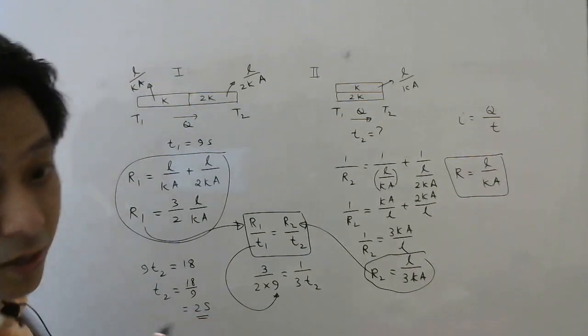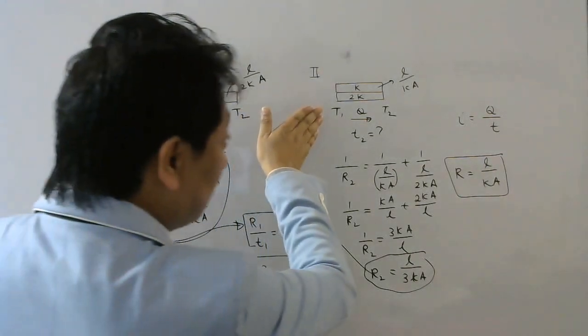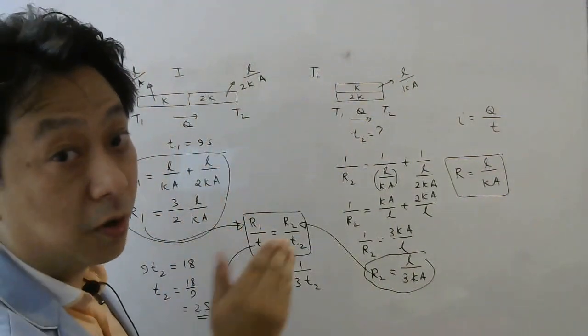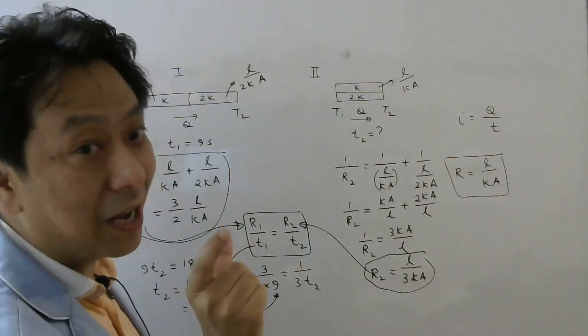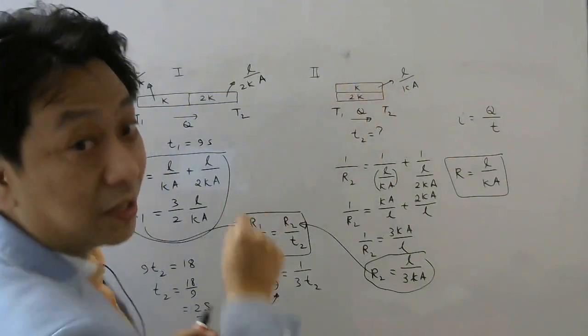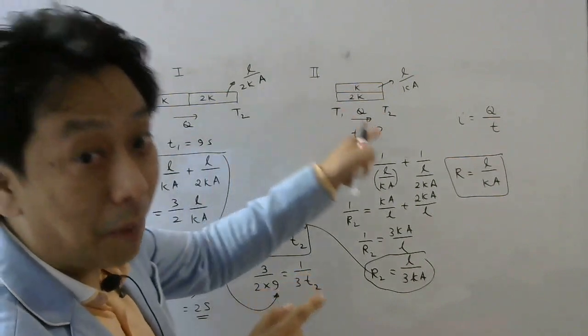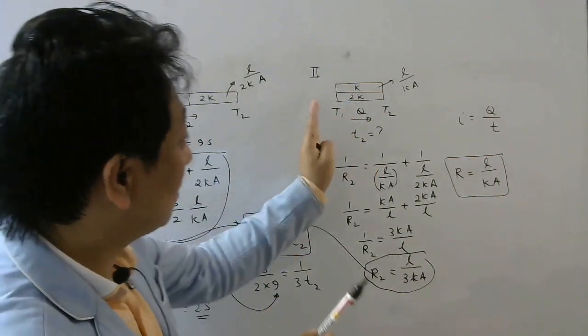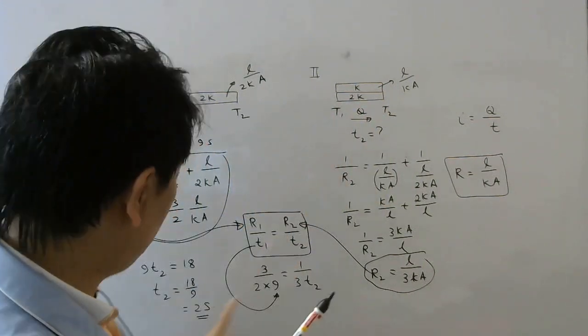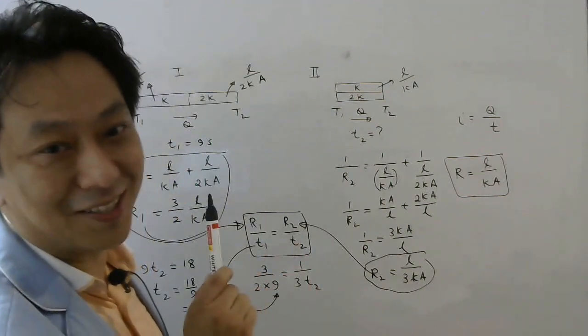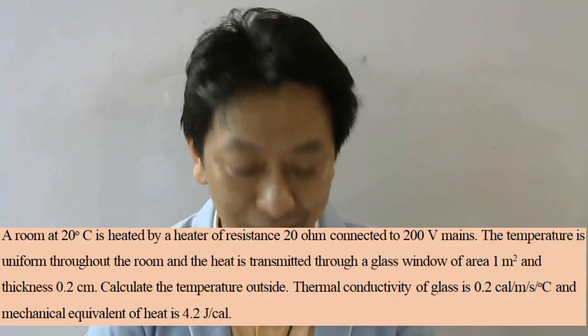So very interesting. If you want the same amount of heat to flow faster, faster means in less time, is it better to put the rods in parallel or series? Parallel, because in parallel, for the same amount of heat, it took how many seconds? Only 2 seconds, right? Let's see a very interesting question.